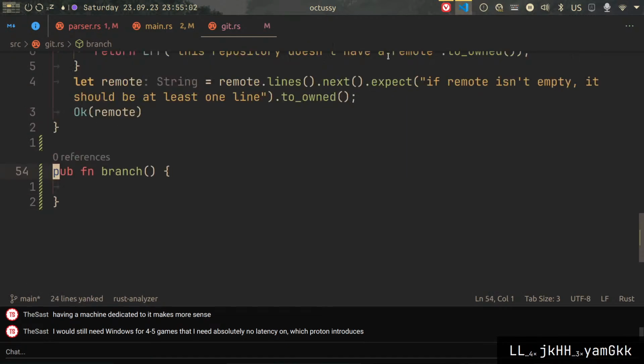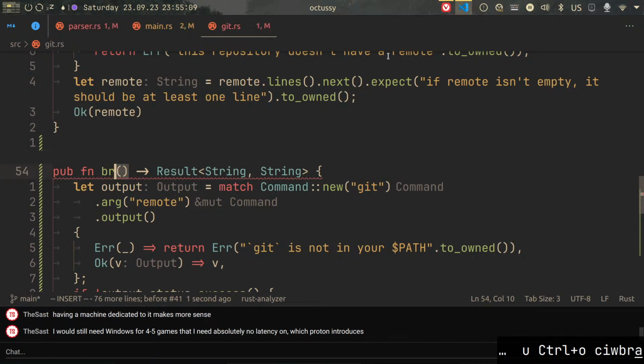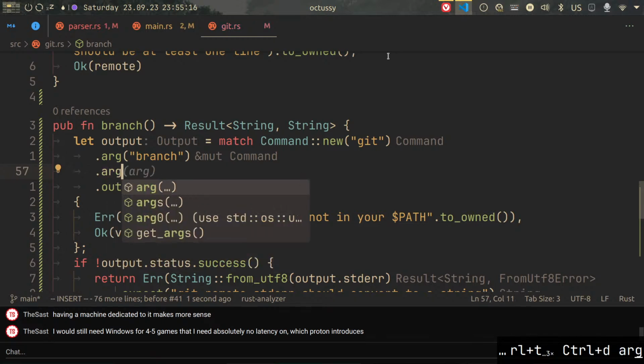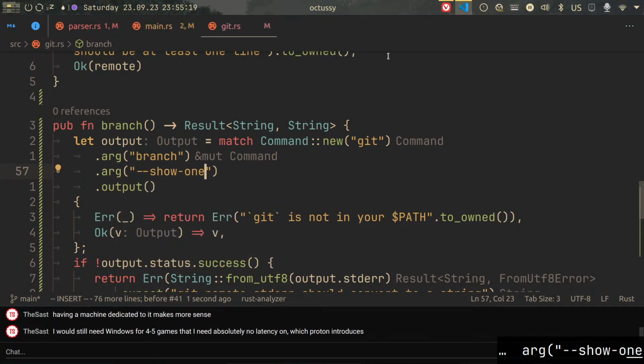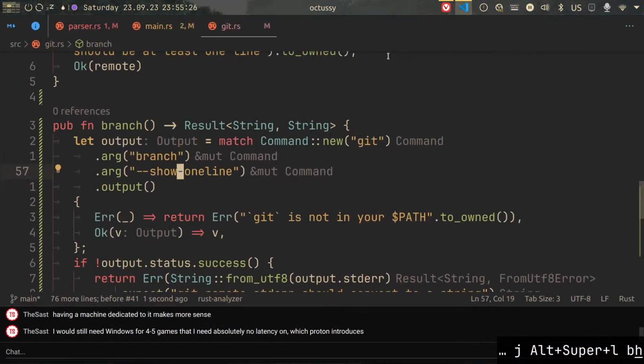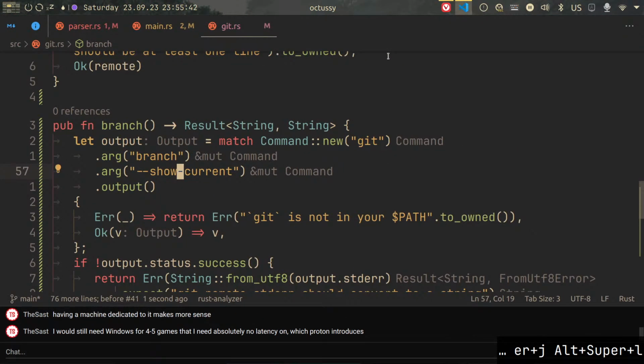Similar thing, so let's just yank and paste until the end. Branch. Git branch. Show one line, something like that. Show current. One line is for git log. So this. So we get the branch